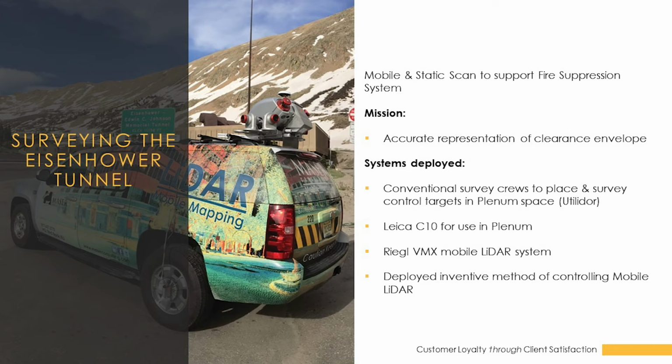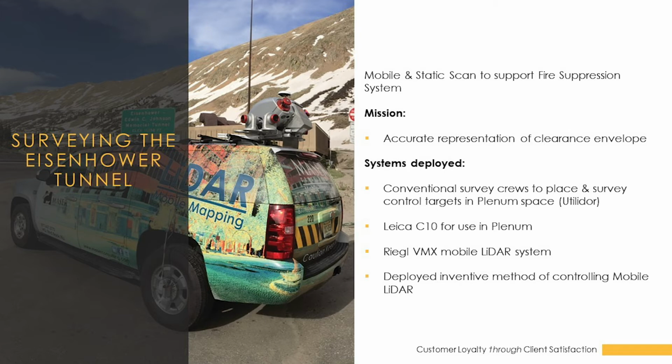The survey targets were not deployed in the drivable tunnel at all. They were placed up in the plenum space in the utility. In this tunnel, probably most tunnels, the part that we drive in is just part of the tunnel. The other part is overhead, and usually it's got the air vents and the fire suppression system, all the utilities. A lot of that runs in that area, and that's the case with the Johnson and Eisenhower tunnels, because there's